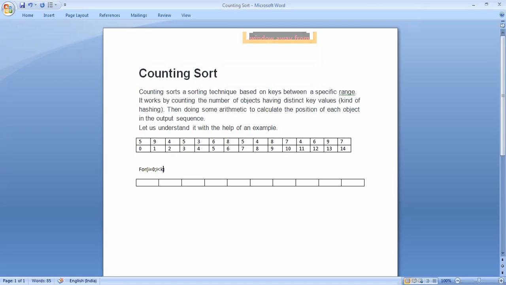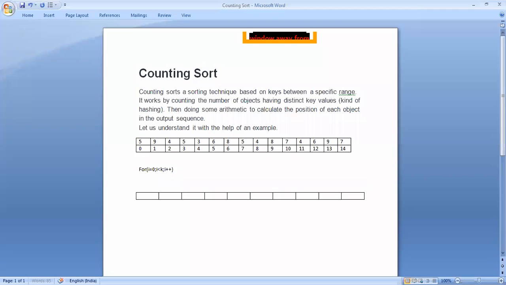The range is 0 to 9, that means 10 elements, so the k value is 10. So for i equals 0, i less than k, i plus plus, C[i] equals 0.